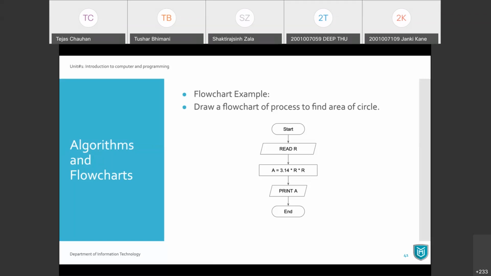Let me have a look at a few queries here. Vyom is asking, what if A equals B in the decision path? We'll see that later, Vyom. Another question is about the AND and OR decision symbol. There is an AND and OR condition that we will see later. It's nothing but a condition. Just like you write A less than B, you can write A and B. So Shubham, it's nothing but a condition. It's a decision symbol. So in an algorithm, you will have the decision symbol only.